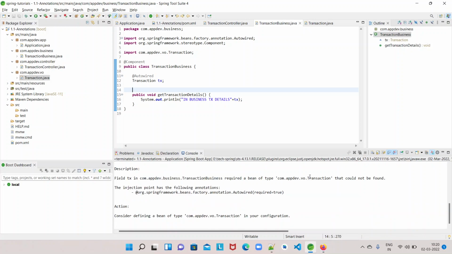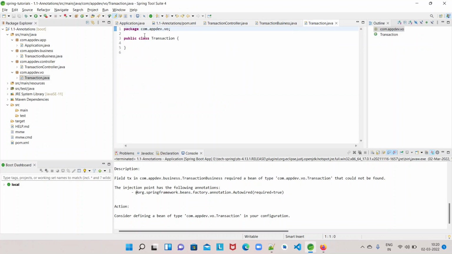See this, what happened? Field tx in transaction business required a bean of type transaction. The mistake we have made is that we have created a class, but the bean is not created by the container, because what is that annotation we have to mention?